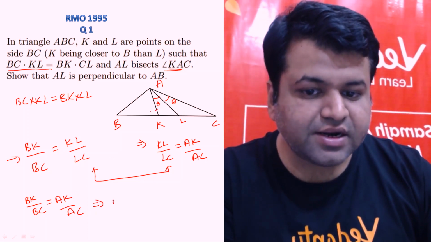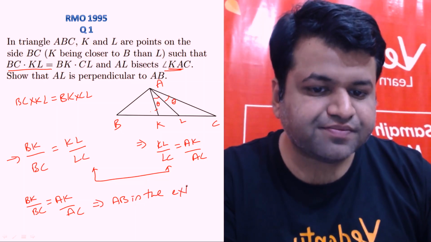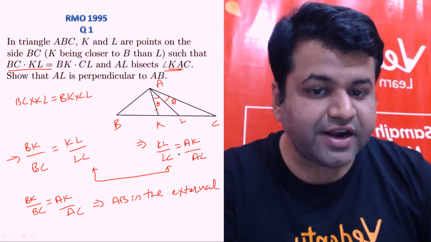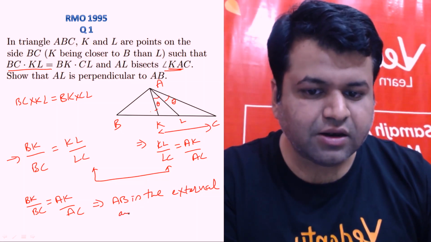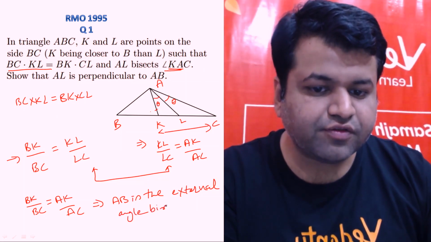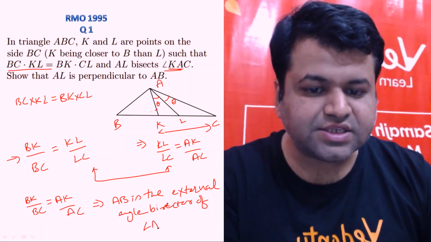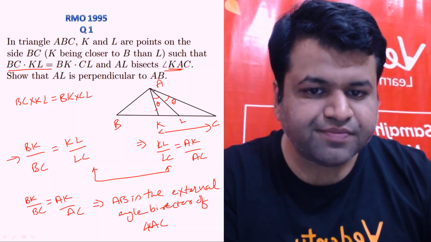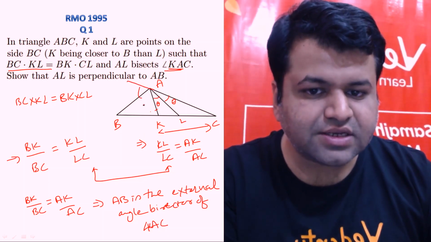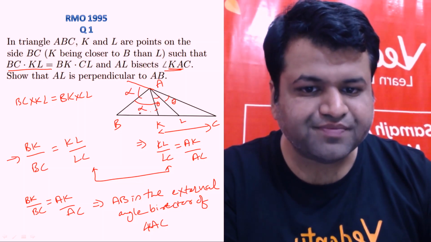So since AB is dividing KC in the ratio of the sides containing AK and AC, this will imply that AB is the external angle bisector, as it is dividing KC externally, right? So AB is the external angle bisector of what? Of angle KAC, ठीक है? तो KAC जो भी एंगल होगा, right? इसका external angle bisector is this AB, right? So this angle alpha will be equal to alpha, right?